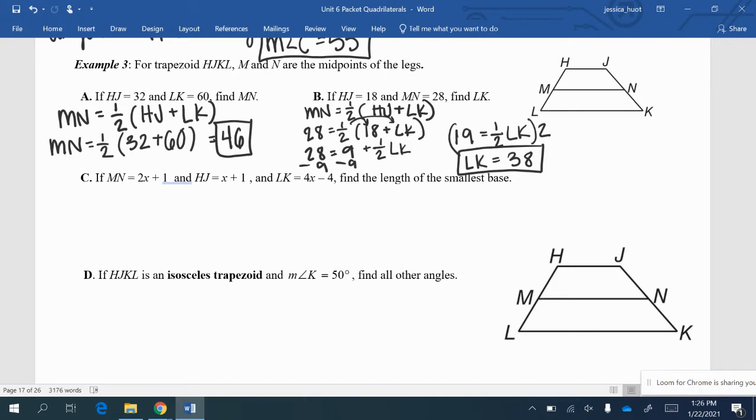And then again, if MN is 2x plus 1, and HJ is x plus 1, and LK is 4x minus 4, find the length of the smallest base. So our mid-segment MN,